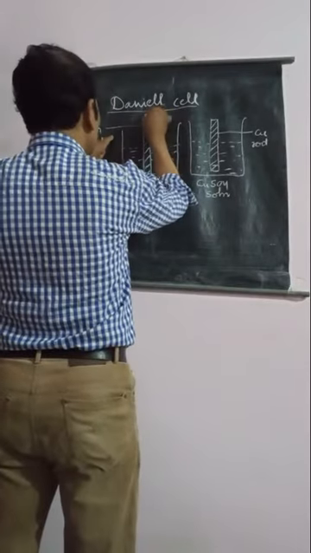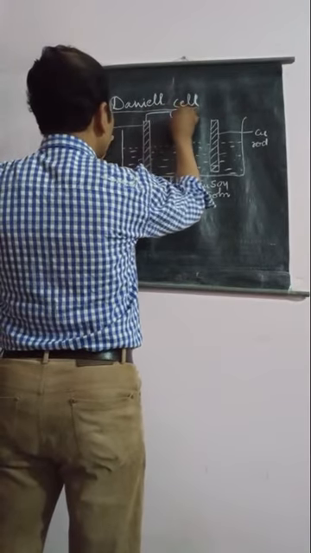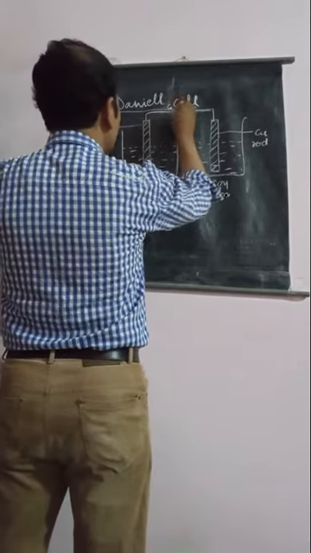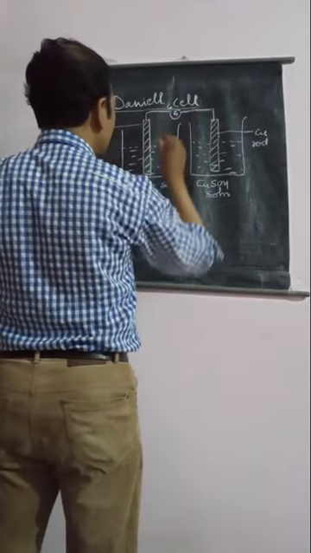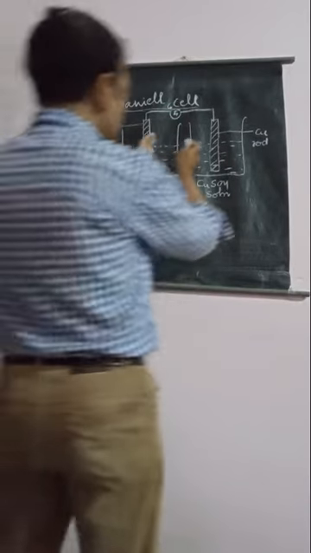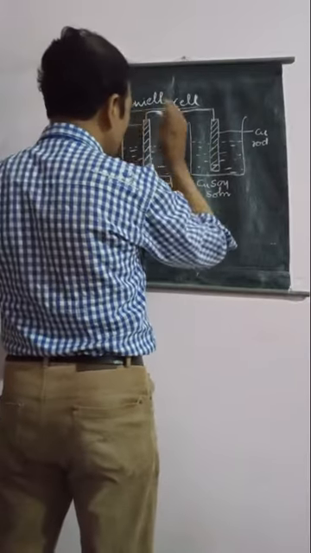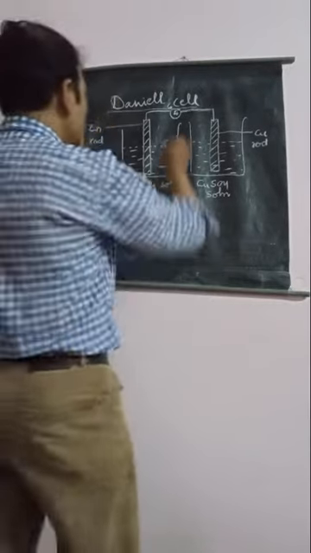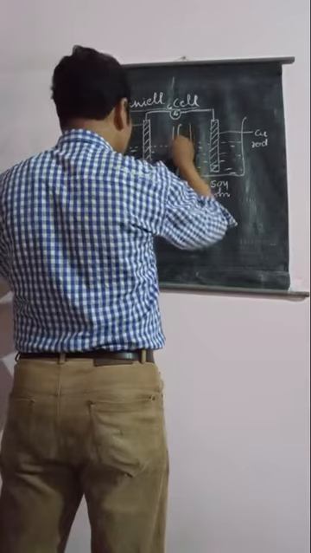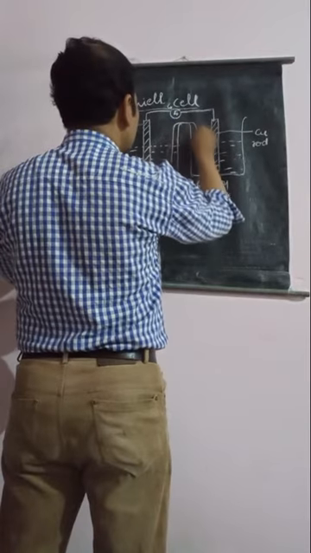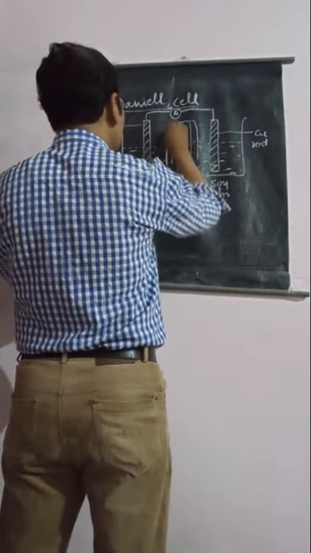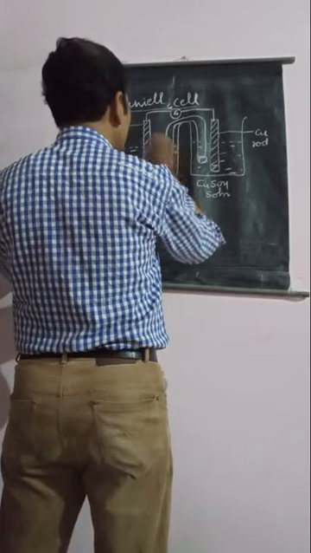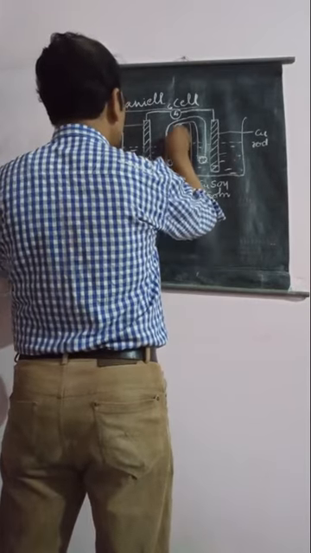And now we will join both these rods with the help of a wire having the galvanometer, in this manner. So this is the galvanometer. Since this is the connection of both these rods, it is also important to connect the solutions with the help of another connector that is known as salt bridge. So we will use a salt bridge here for connecting both these solutions in this manner.